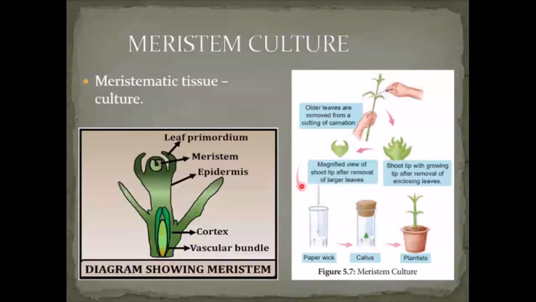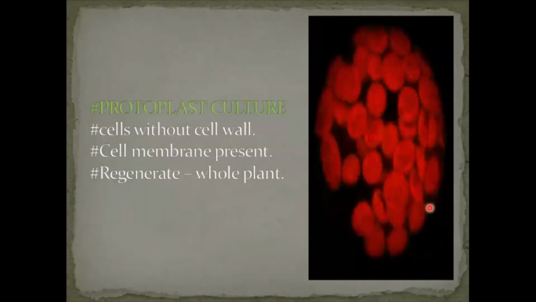Then after that, we will transfer the shoot meristem onto a medium. Then it is induced to produce a callus, and the callus is induced to produce an entire plant. So if you regenerate plants this way, that is called a meristem culture. The important thing in meristem culture is that it can be used to produce virus-free plants, because most plants are affected by viral diseases. So if you want to give natural viral resistance to the plant, we can use this meristem culture. Then the next one is protoplast culture.